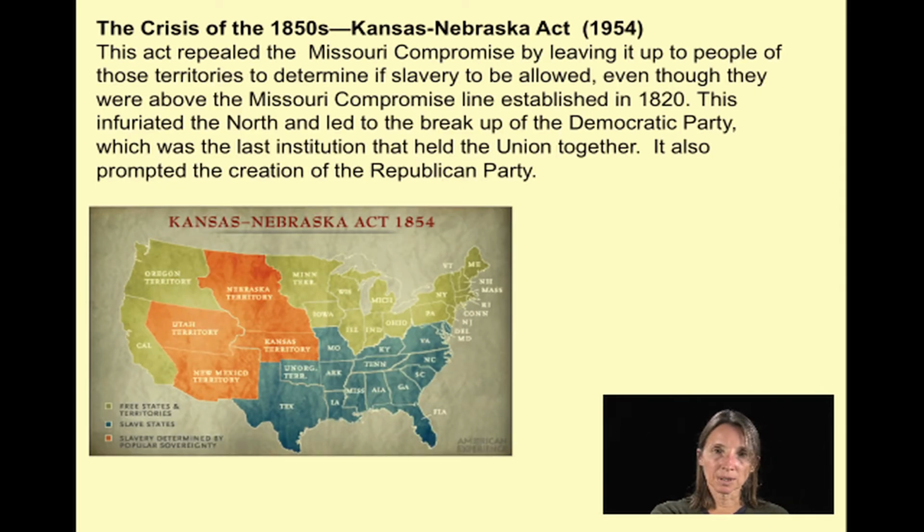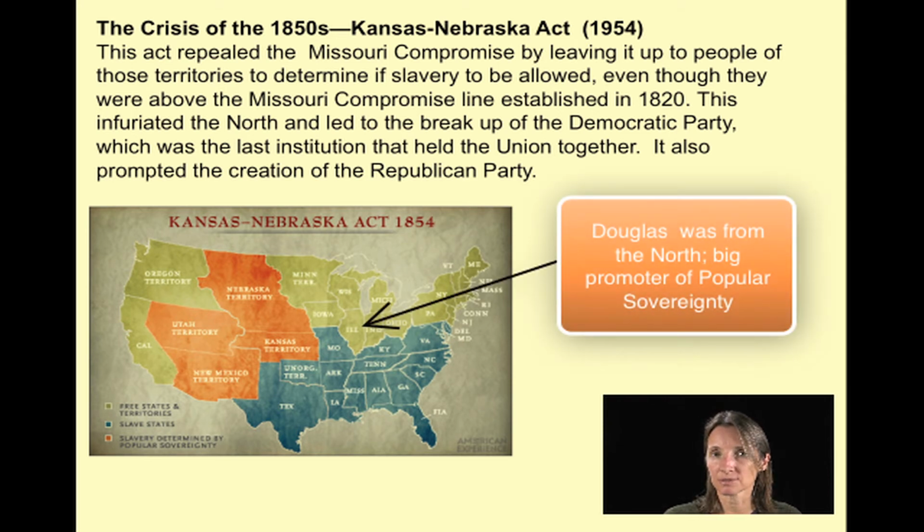Now, what happens after the Compromise of 1850 throughout the whole next 10 years was so bad that historians call it the crisis of the 1850s. And the first really big deal was the Kansas-Nebraska Act, which was passed in 1854. This act was pushed by a senator from Illinois named Stephen Douglas. He was a Democrat, and he didn't